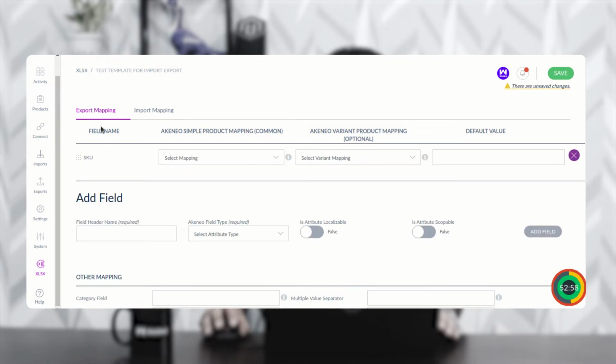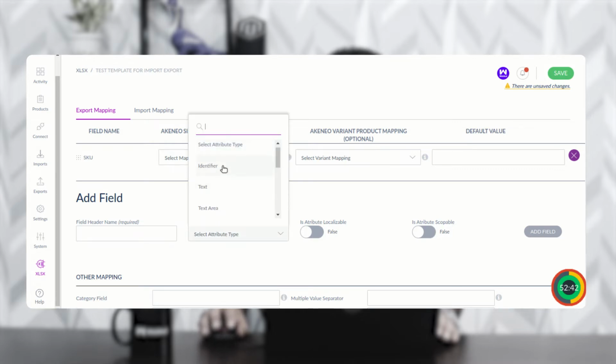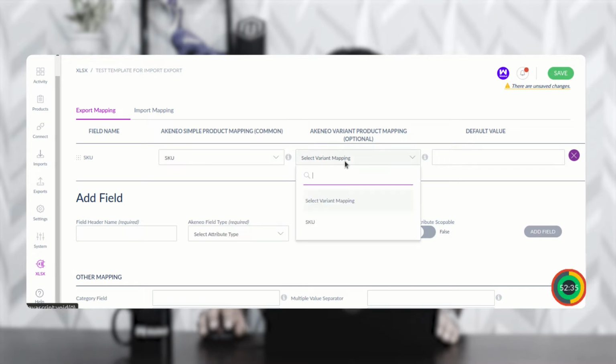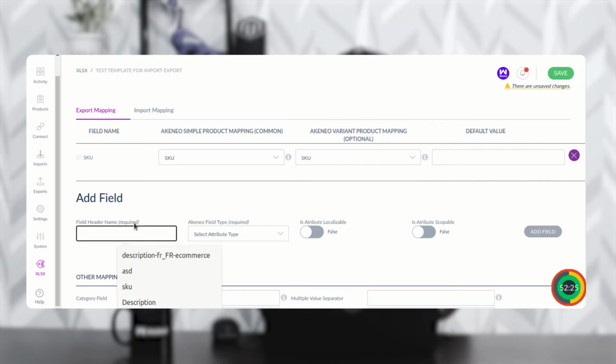After tapping that, you can see that the field name for the XLSX file has been set up as SKU in capitals, and here we have to map it with the Akeneo simple product and the Akeneo variant product. Here you can see that according to the selection we made, the identifier attribute type, only the attributes of the type identifier are being displayed. So I'll choose SKU and SKU for this. The SKU would be different for each of the products, so we won't be setting any default value for the same. Similarly, we can set up the name,